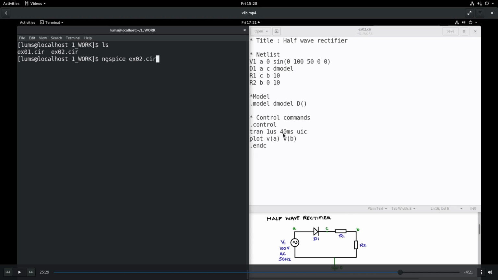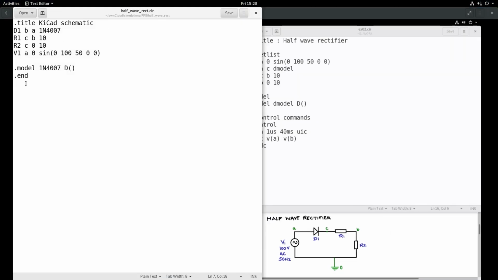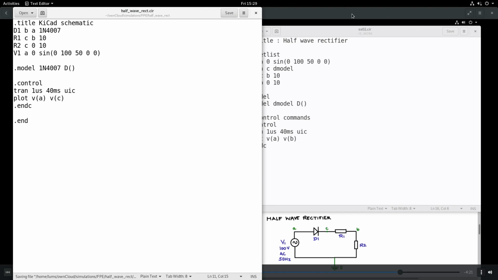Let us say if we go back to the .cir file, you could use the .control and .endc commands, and in between that I could give tran 1 microseconds to 40 milliseconds, and also I would like to plot VA and VC in our case. Save that. So we can execute that now.